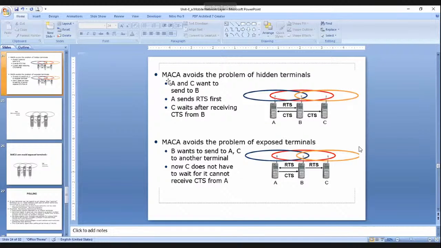That multiple access collision happens because multiple packets are